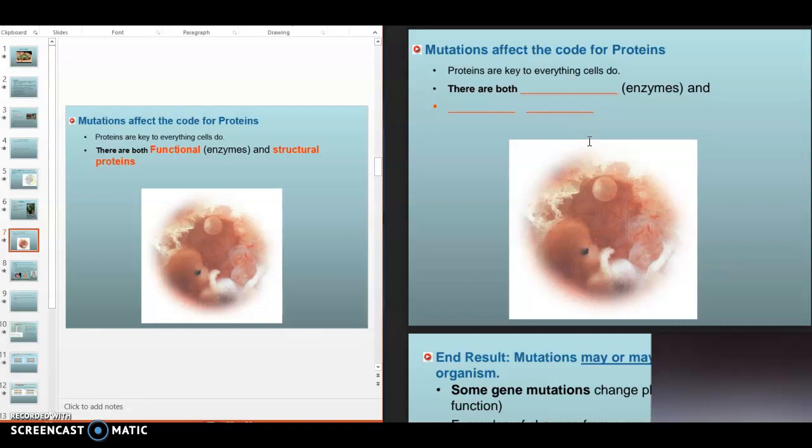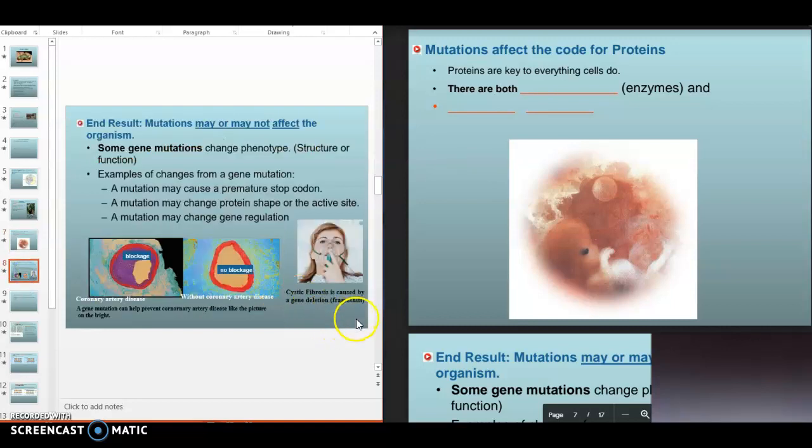They normally do not do both. Those that are functional are usually like your enzymes. They're the doers. And the structural ones are the builders. They build different structures, like parts of the cell membranes and what have you. Okay, and the last